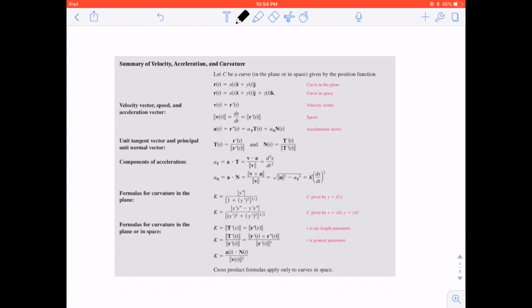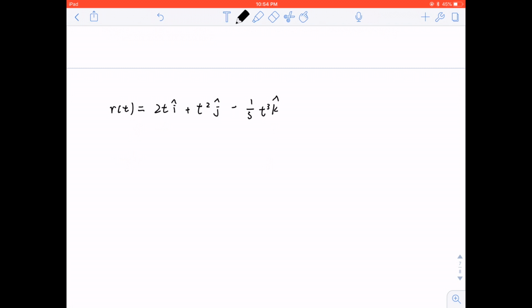Finally, let's look at one example. If we have this curve function given by r sub t equals 2t i plus t squared j minus 1/3 t cubed k, we want to find the curvature, tangential component, and normal component. So first, let's find the curvature. It's not apparent whether this parameter represents arc length, so we should use the formula k equals